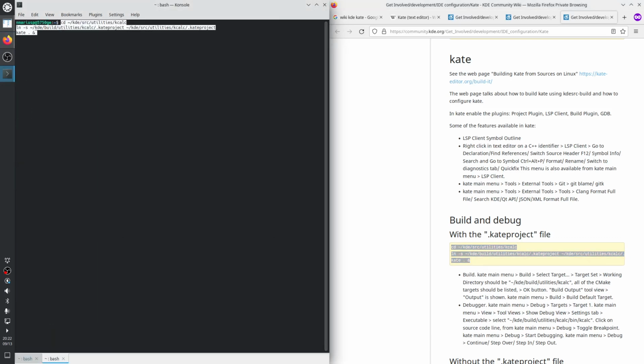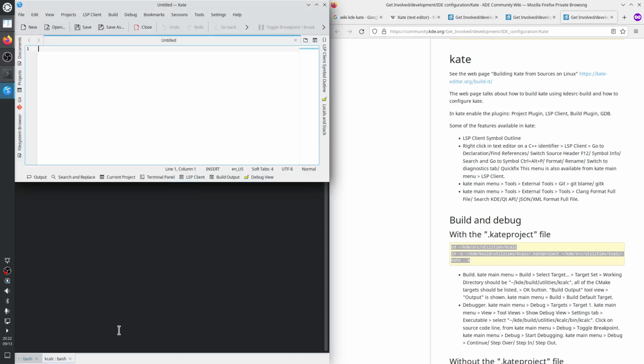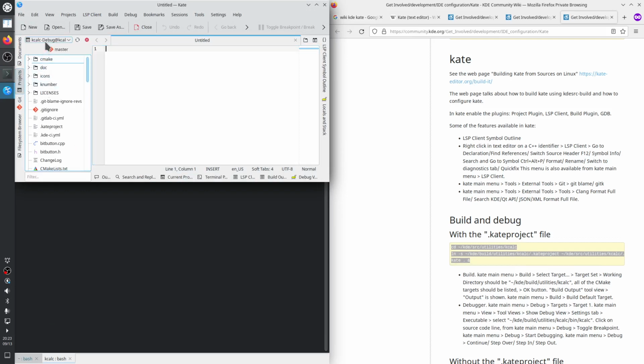Ctrl+Shift+D, Ctrl+Shift+V. Okay, let's look at the project. So it says kcalc -debug, so this is the CMake build configuration debug. Okay, it says I'm on git branch master,